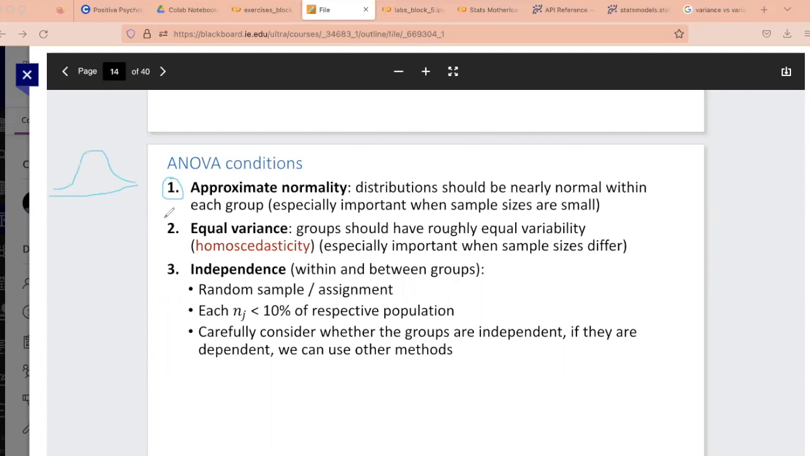If it does, you're good. Then equal variance. So the best way to do this is you plot a bunch of box plots and say